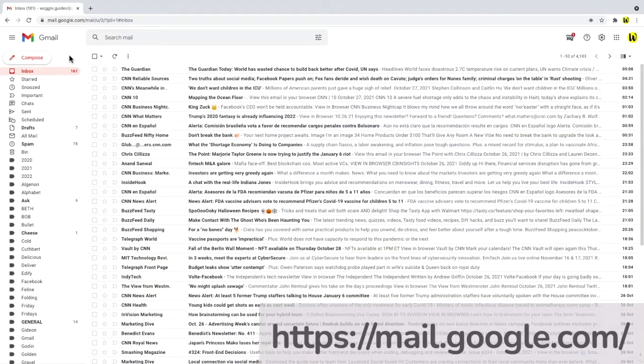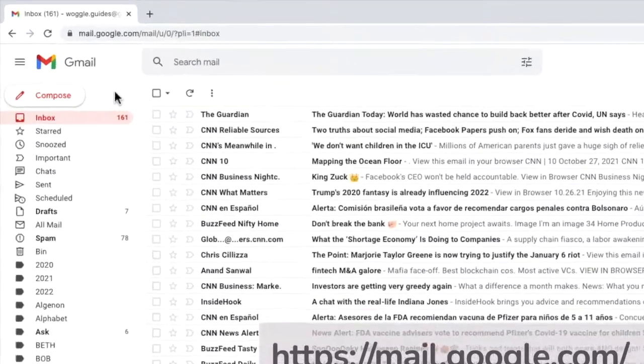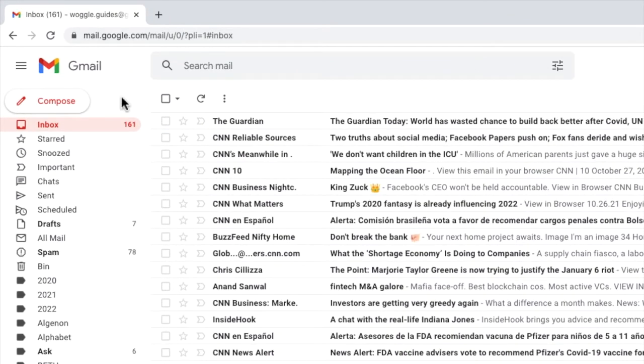As well as the default Gmail inbox style you see here, Gmail also offers a dark mode that is much less tiring on the eyes and can make reading emails at night much more comfortable. Dark mode also has the added benefit that it can save battery life on your device.